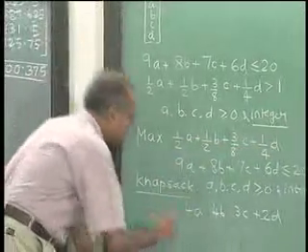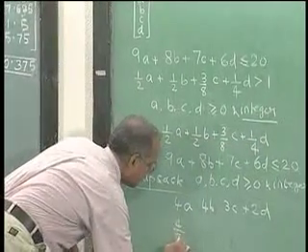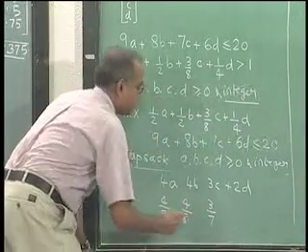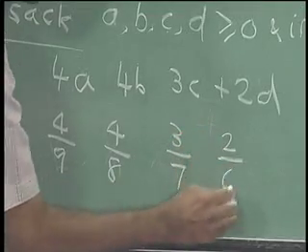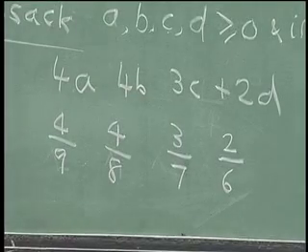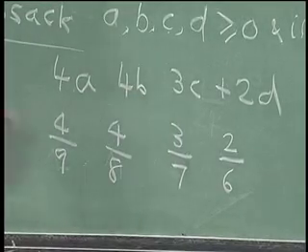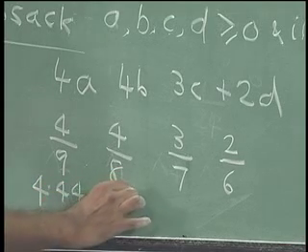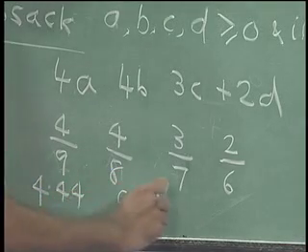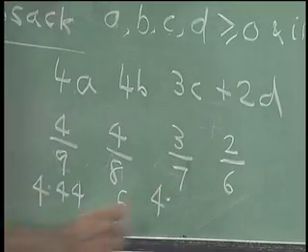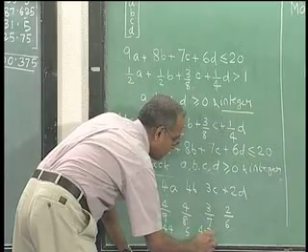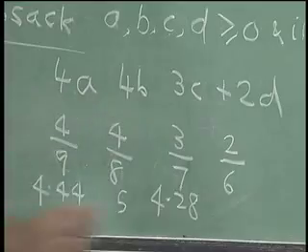So, now the coefficients become 4 by 9, 4 by 8, 3 by 7 and 2 by 6. So, roughly 4 by 9 is 4.44, 4 by 8 is 5, 3 by 7 is 4.28, and